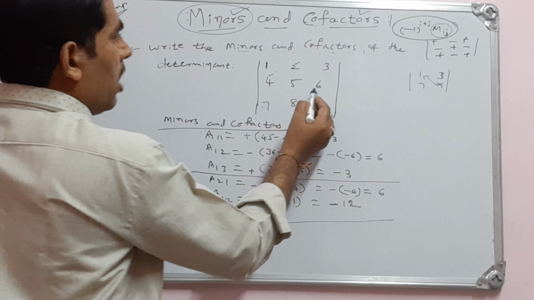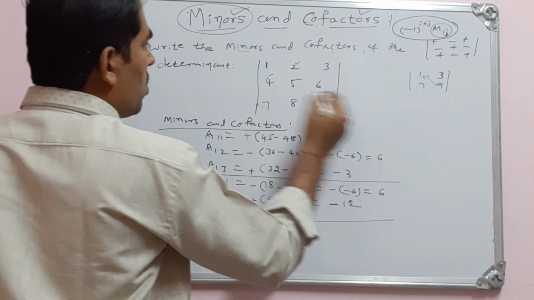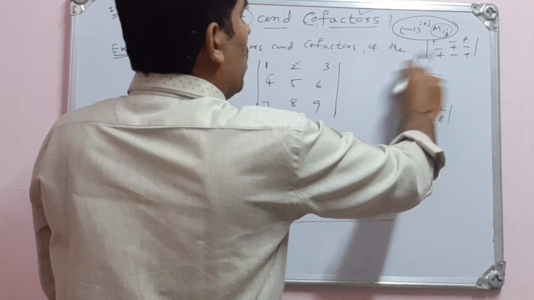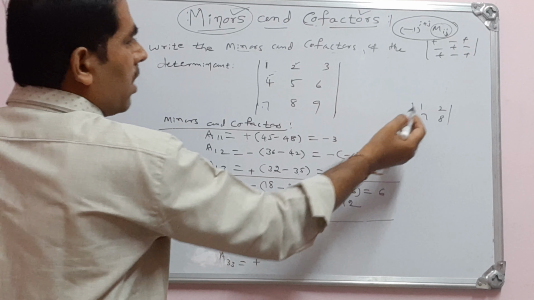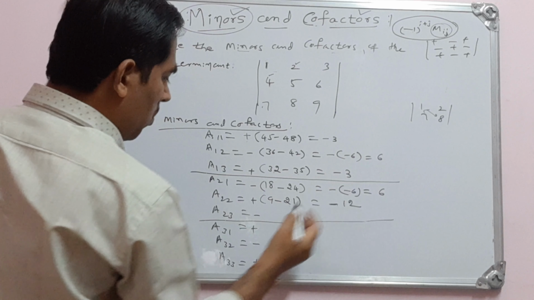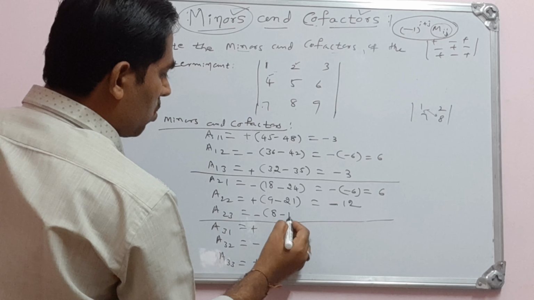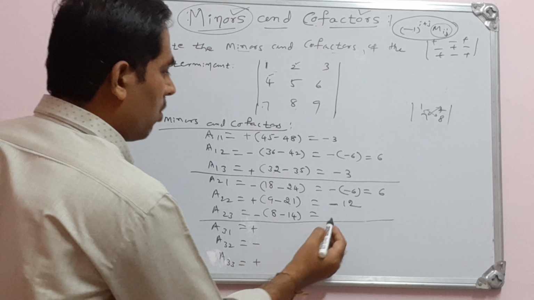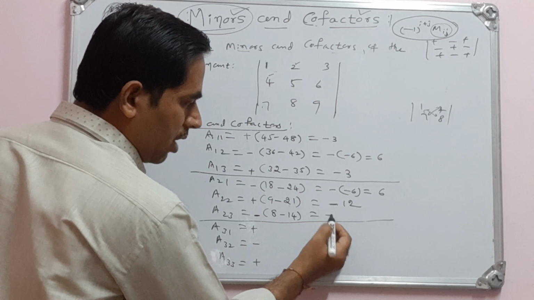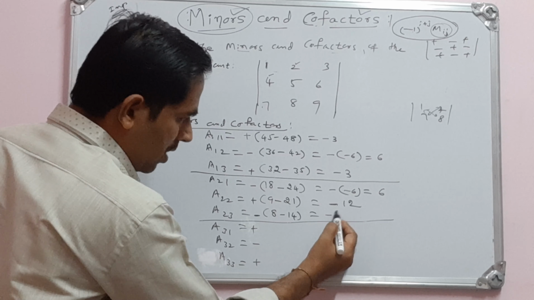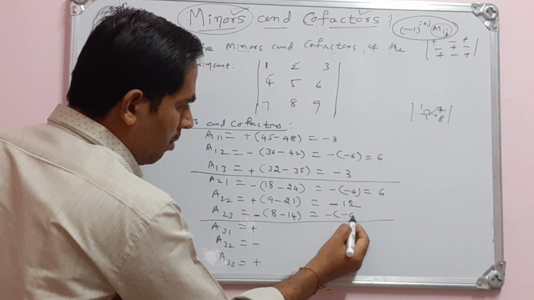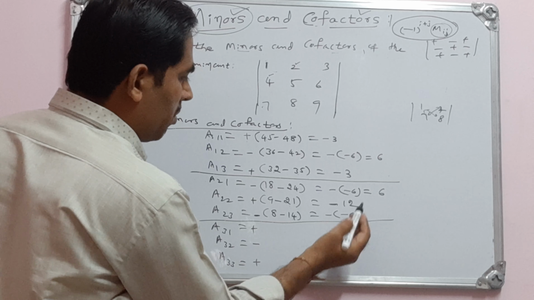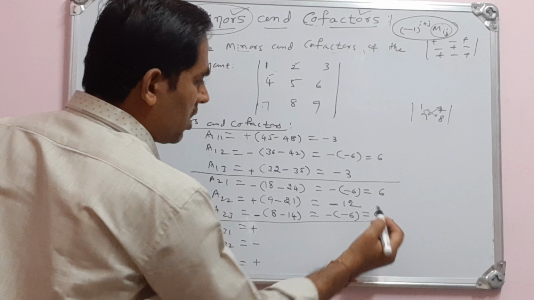Okay. Then last element is 6. You leave this row and this column, and you get 1 2 7 8. You get this determinant. Okay. Then you take the product. 1 into 8 is 8, minus 2 7s are 14. 2 into 7, it is 14. So 8 minus 14. See, negative sign once again you have to be careful here. See, minus. So I write minus as it is. See, 8 minus 14, that will be what? Minus 6. You have to write the signs carefully. So 8 minus 14, it is minus 6. So overall minus into minus plus, that will be 6.